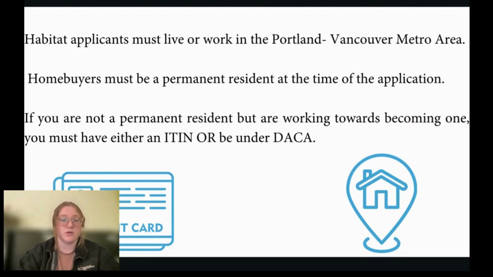But with that, we do also all understand, both our Habitat staff as well as our lenders, that this is a very sensitive time for people under ITIN or DACA or any sort of immigrant. We're not in the business of selling your information. We don't want to put you at risk. We don't want to risk your safety. All of this is confidential. We're not selling your information to any other entity. This is just so that we can prove that, hey, you do live in the United States and this isn't just an acquisition of property.